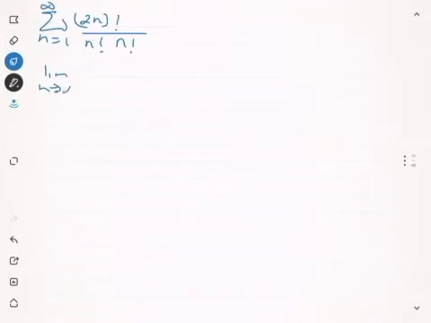Okay, next example, let's take a look at this series. So we have the sum as n goes from 1 to infinity of 2n factorial divided by n factorial times n factorial, and we want to see if this series converges or diverges. So we're going to apply the ratio test. I'm going to get the limit as n approaches infinity of a sub n plus 1 divided by a sub n,